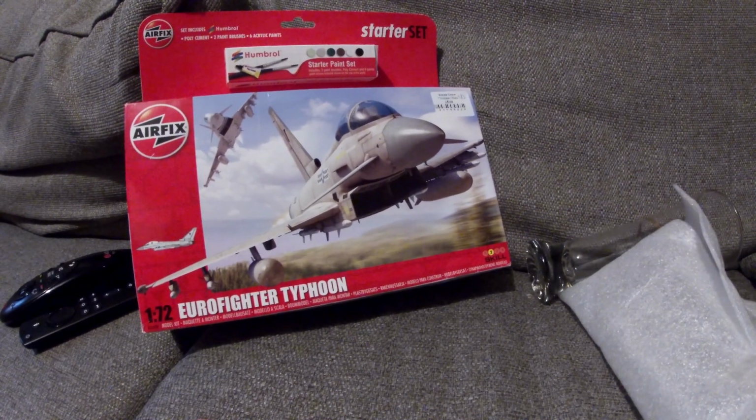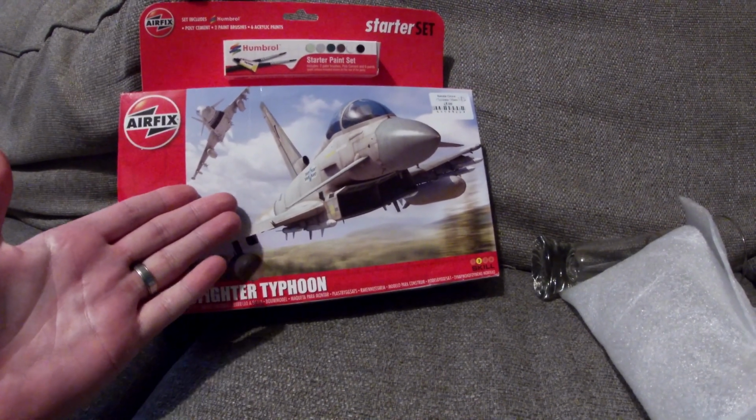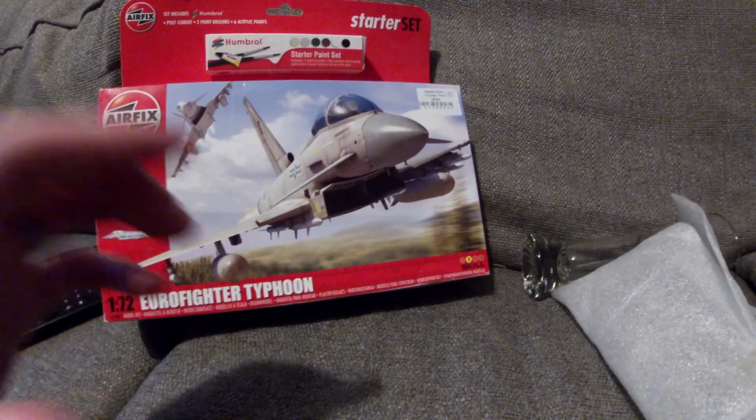Yeah, I've got some work stuff to do. But that was from an expensive charity shop. That's really surprising. But yeah, I will catch you guys in a couple of days' time for hopefully the car